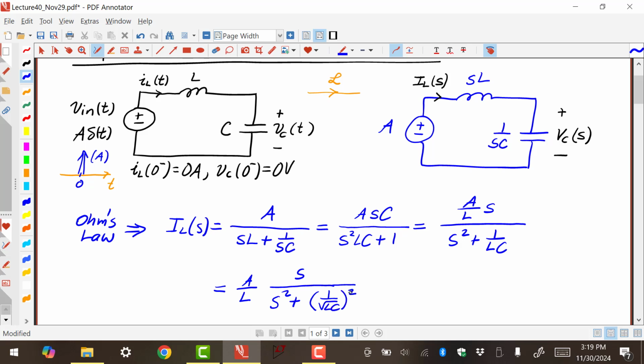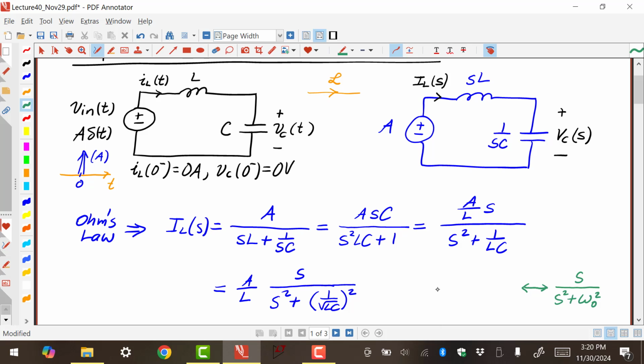So I really haven't changed anything there. I just formulate it this way. And the reason is because one of the Laplace transform pairs is the following. When you have something like s divided by s squared plus omega naught squared,